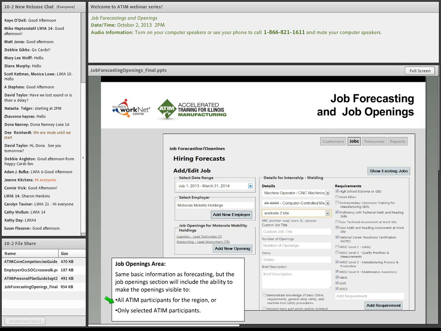The main difference between the hiring forecast and the job opening area is that with the job openings, you will